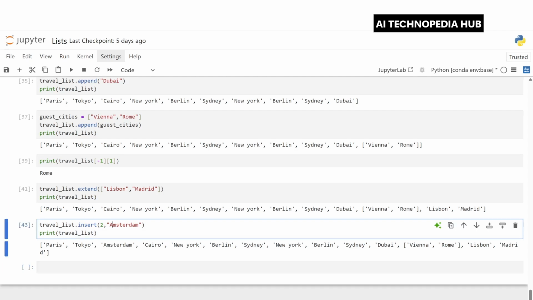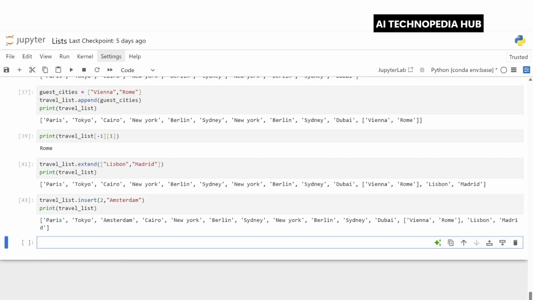So in summary, you can add elements to a list in 4 main ways. First way that we studied was the concatenation using the plus operator. Second was in place addition using the plus equal to operator. Third was the append method, that is to add one object at the end. Next, we studied the extend method, which is to add multiple items. And lastly, we studied the insert method, which is to place an item at a specific index.